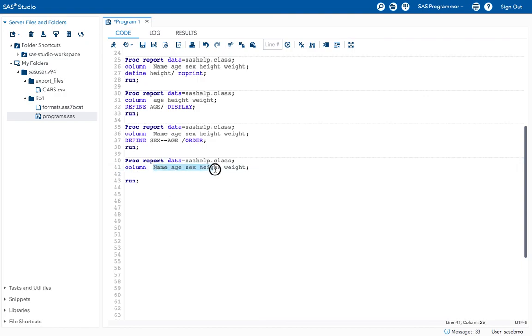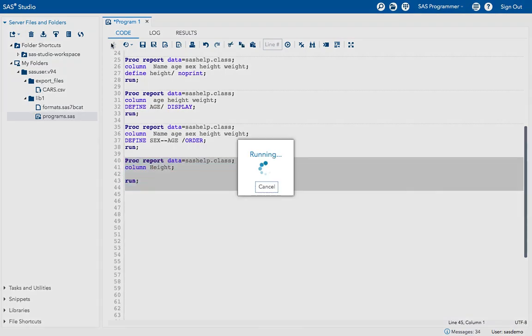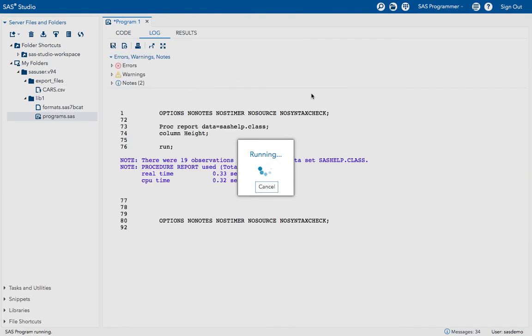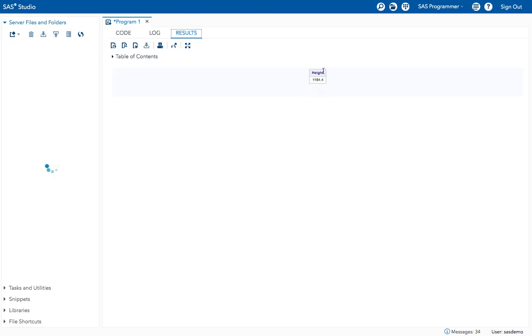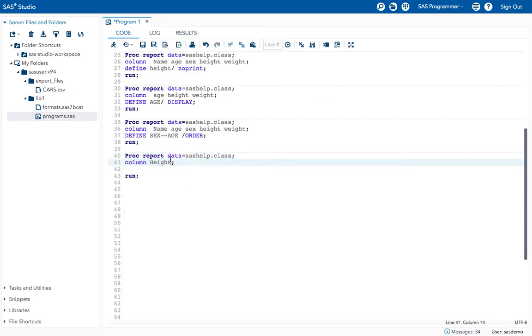Height, right? So for this height, first execute this program. Now I got the sum for this height value, right? If I execute numeric values with the report statement, I will get the sum value. Okay. Now I want to generate mean value also for this height. Okay, mean and n values.